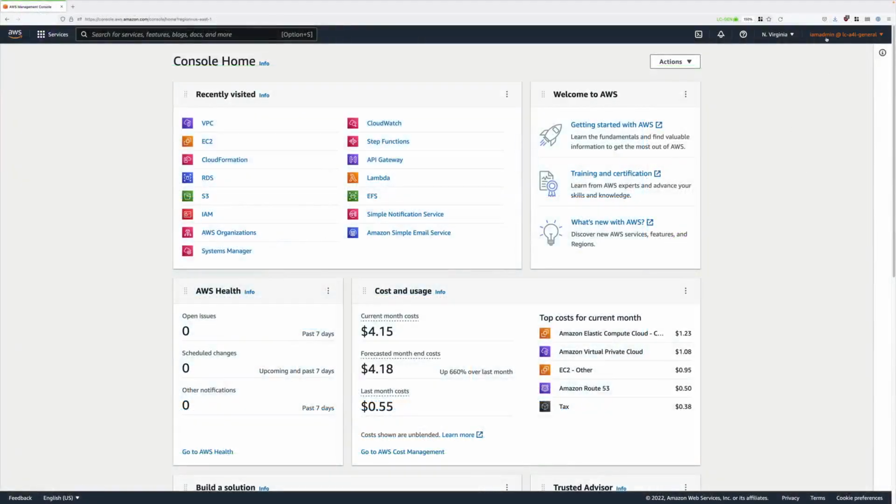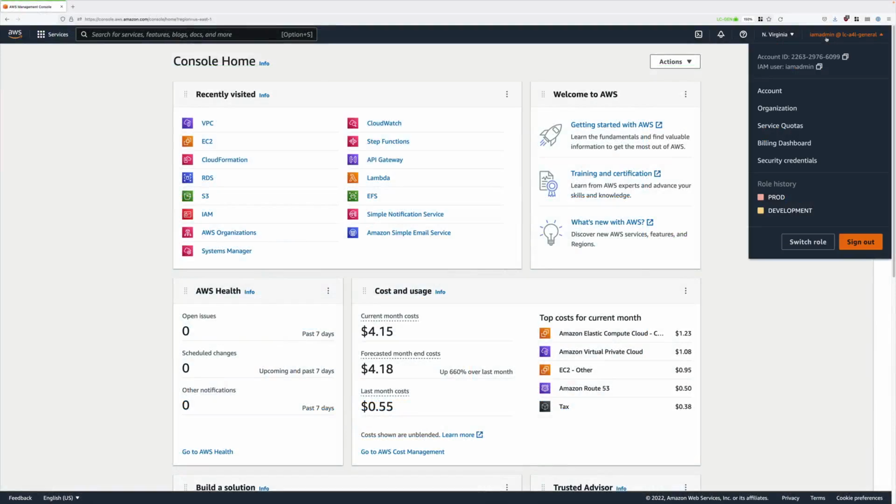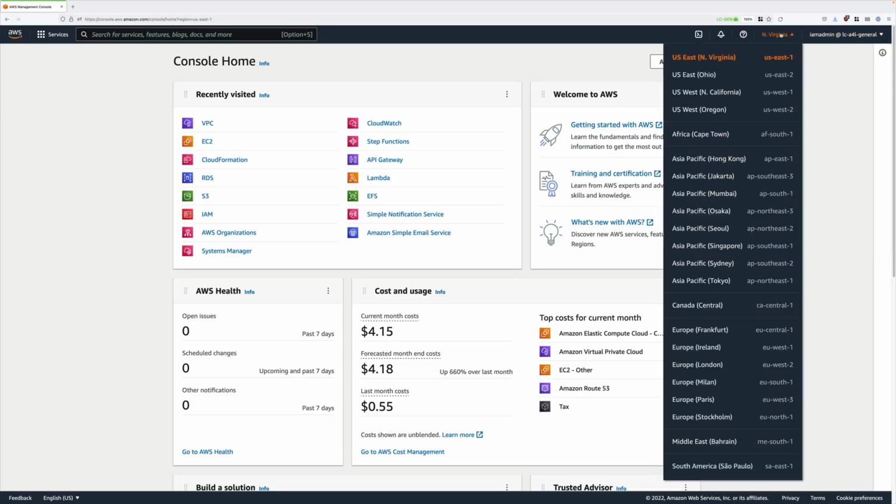Now, before we get started, you need to make sure that you're logged in to the IAM admin user of the management account of the organization, and then secondly, you need to select the Northern Virginia region from the region drop-down, so that's